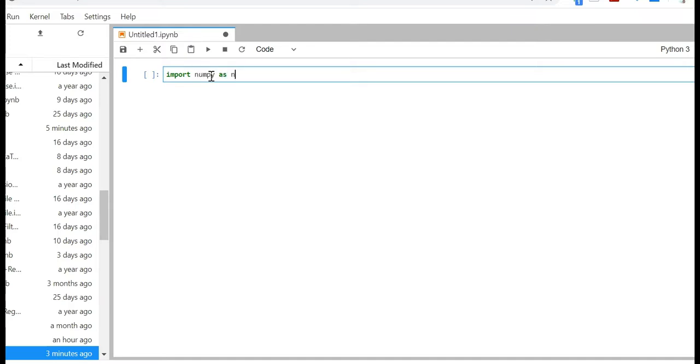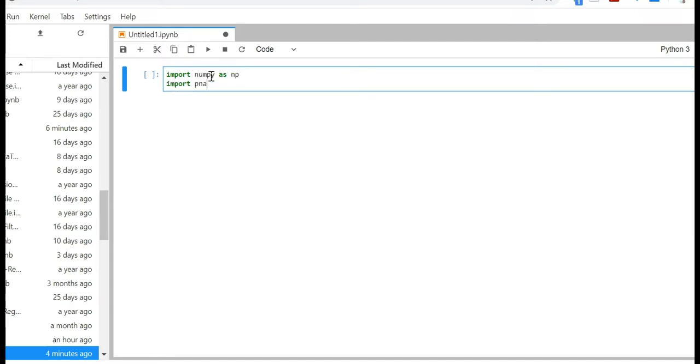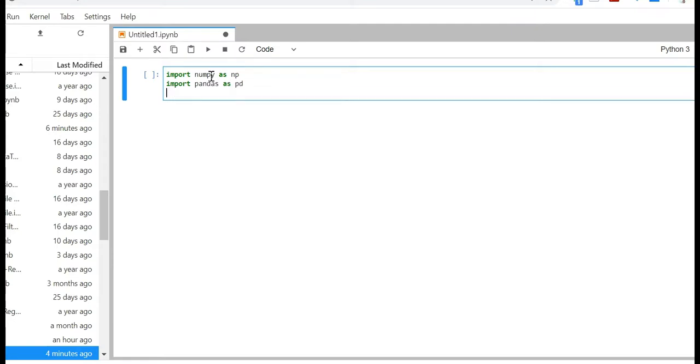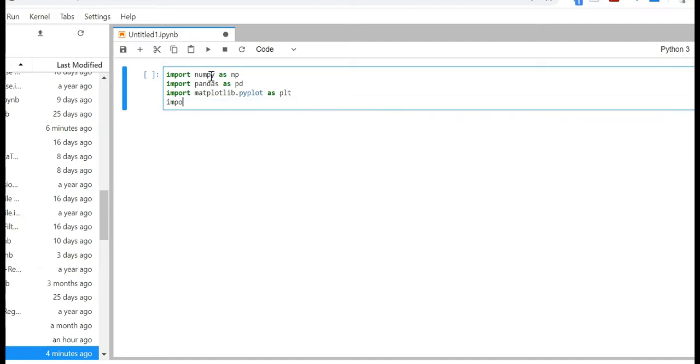Import numpy as np, import pandas as pd, import matplotlib pyplot as plt, and import seaborn as sns. Let us execute.